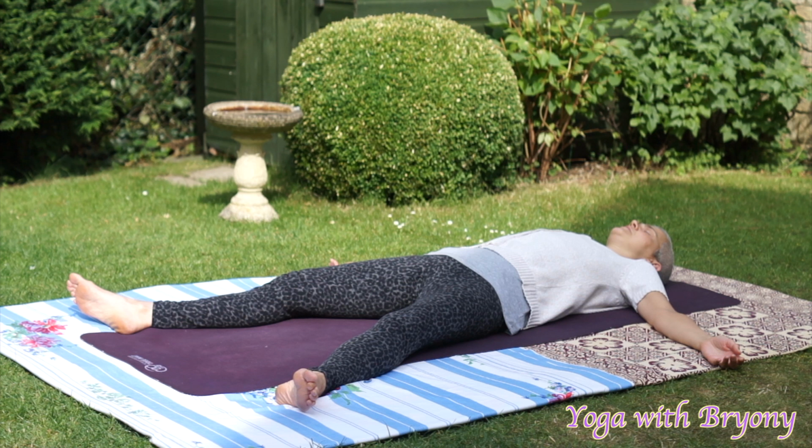Chest, belly, hips, right thigh, right calf, right shin, ankle, top of the foot, sole of the foot, big toe, second toe, third toe,